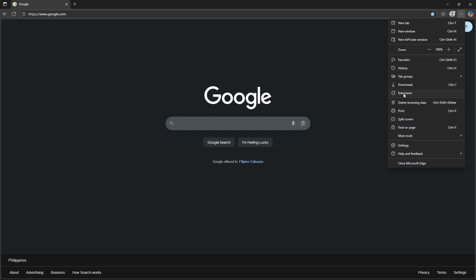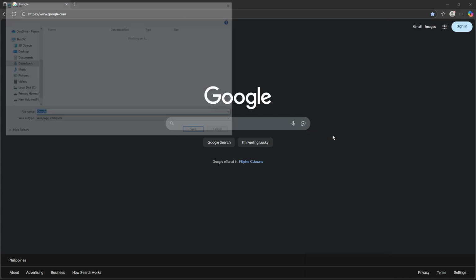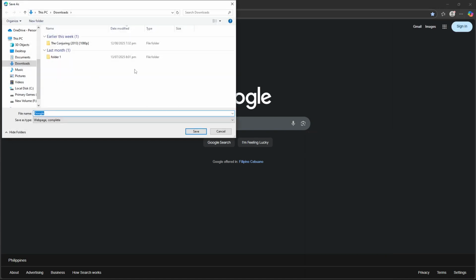It's a straightforward feature that will allow you to store the current web page. By clicking on Save Page As, you are instructing Microsoft Edge to prepare the content for download. At this stage, you should see a Windows Explorer window pop up on your screen. This is where the magic happens, as it allows you to choose exactly where you want to store your saved